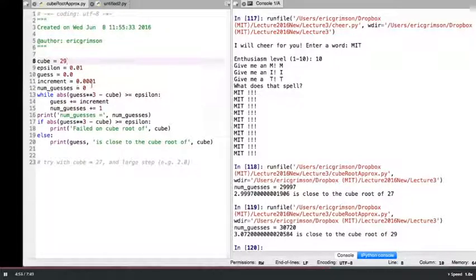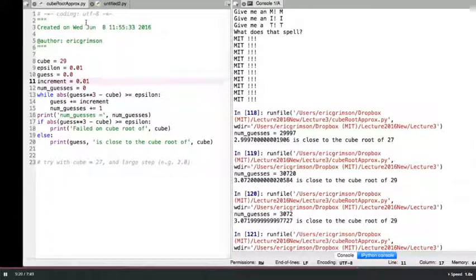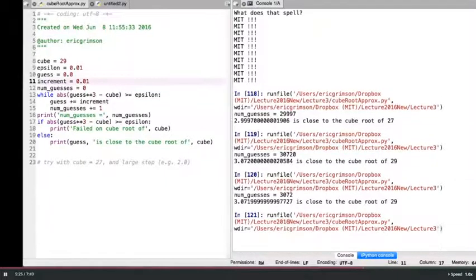So I could say, you know what? I want to use something where I'm going to step a little more broadly. Let's step every thousandth of a step rather than every 10,000th of a step. And now if I run it, okay, I get a little bit different guess, but it only took 3,000 trials through it. And if I change it to say the increment should be in hundreds, you can run that. It didn't like that. Think about why it didn't like that.